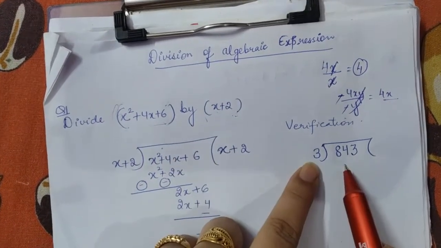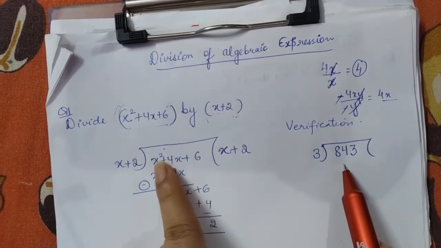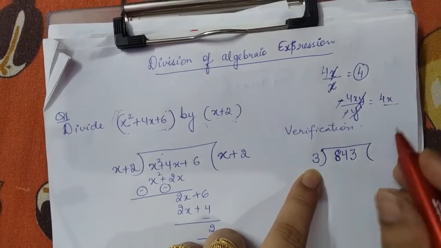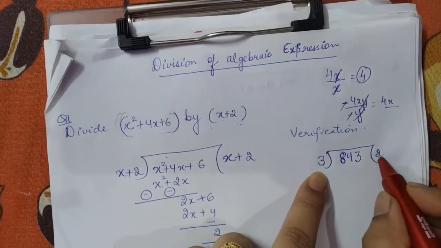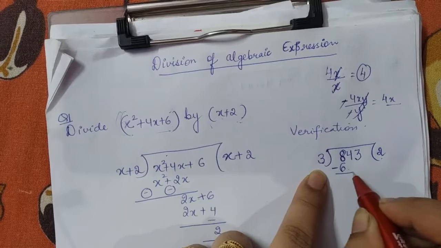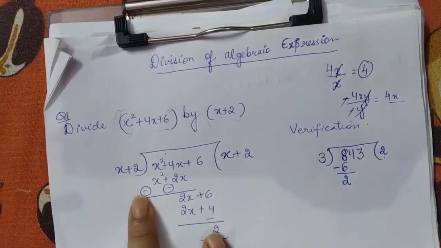Now let's start with the division over here, and then we are going to apply a similar concept over here. Like 3 is going to divide this first number 8 at the place of 2. So this is our selected number. So 2 into 3 is 6. And then we always subtract. Let's do the same process here also.